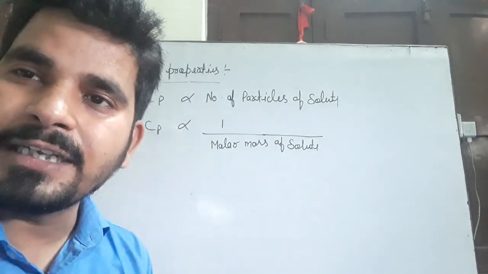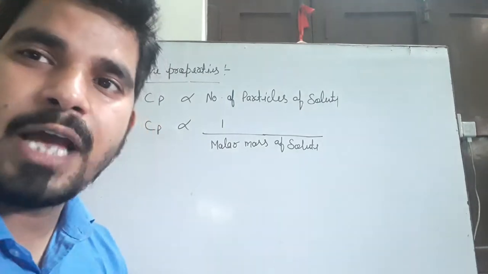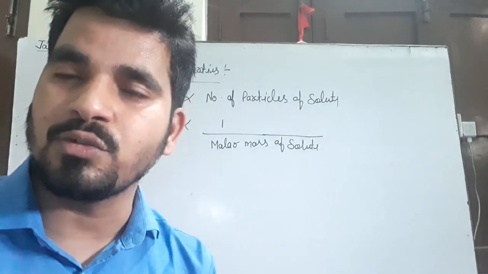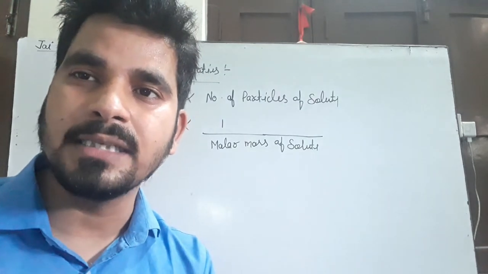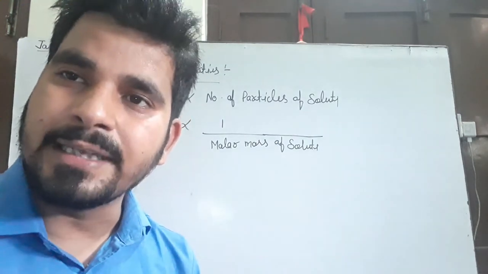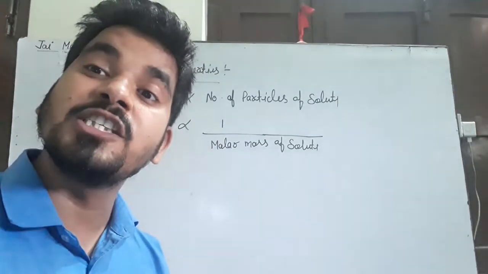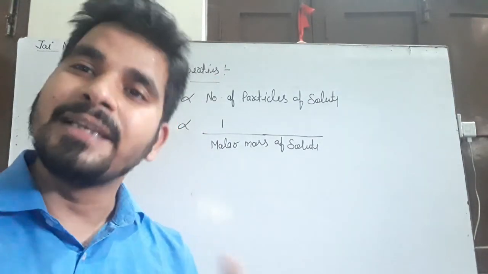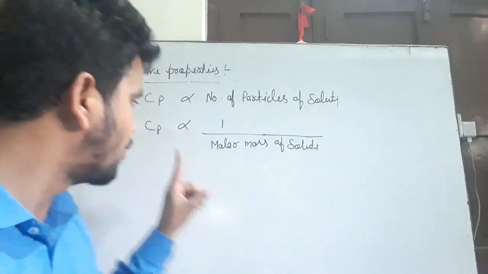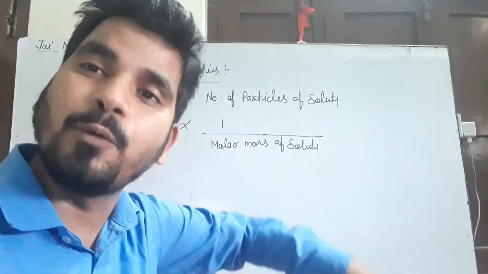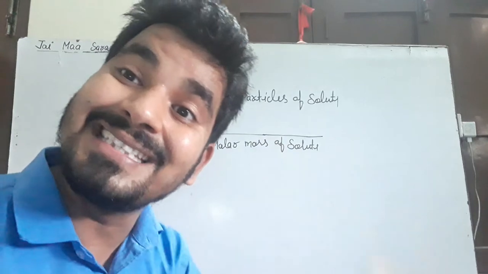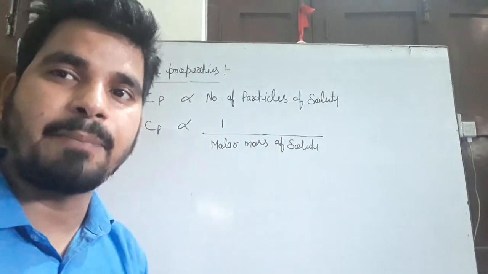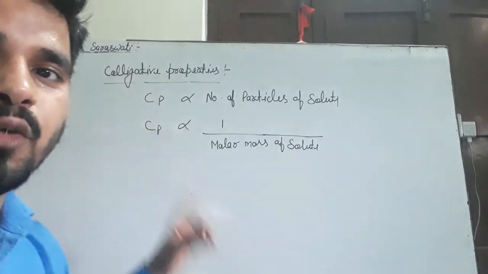But in terms of molar mass, you have added one NaCl, but now it is dissociated into Na plus and Cl minus. So we can say that the molar mass with respect to the full NaCl is now divided. Because of that, colligative property is inversely proportional to molar mass, because molar mass decreases and the number of particles increases.